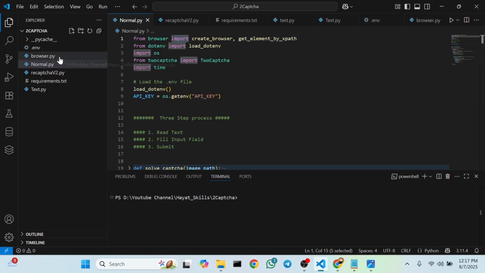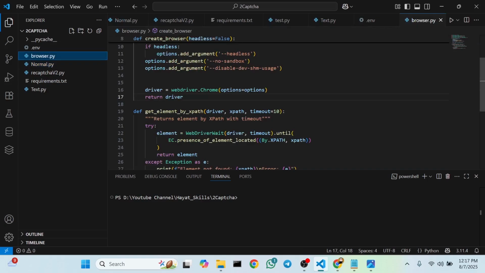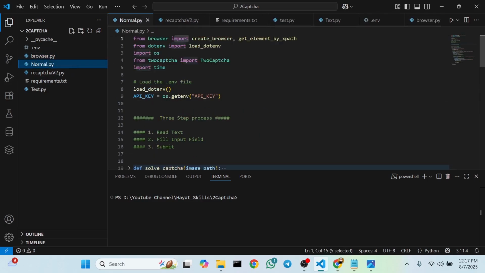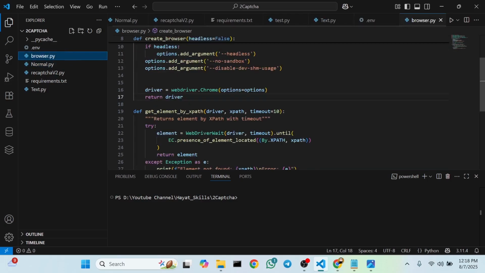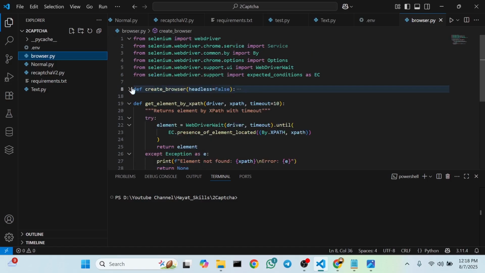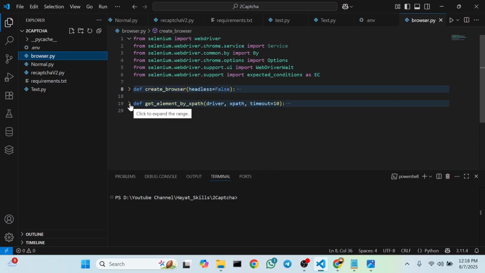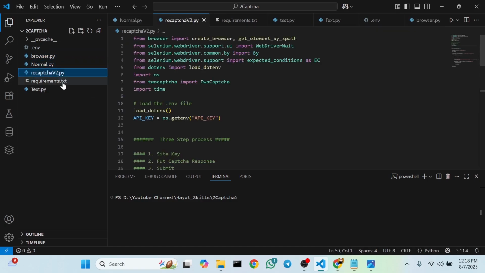I want both, create browser and get element by XPath, and here you can see I wrote two functions in browser.py